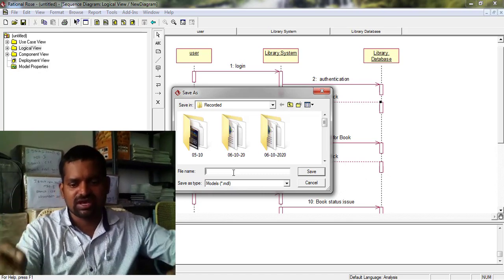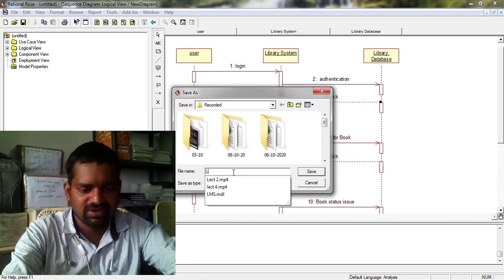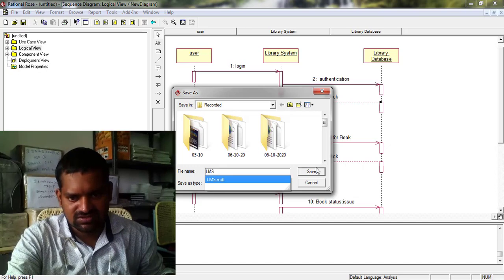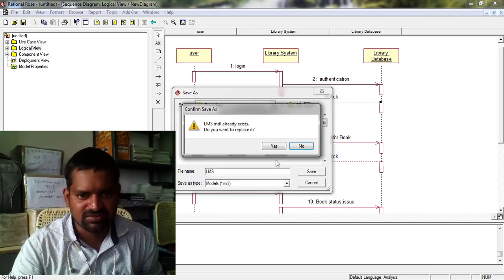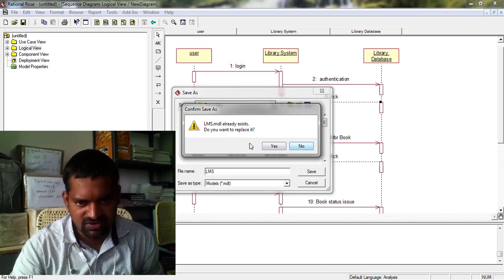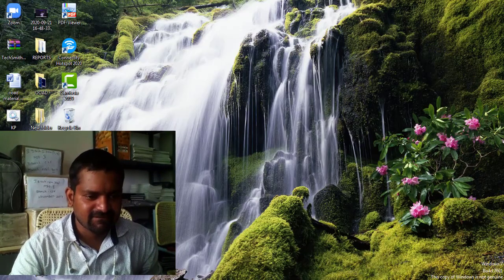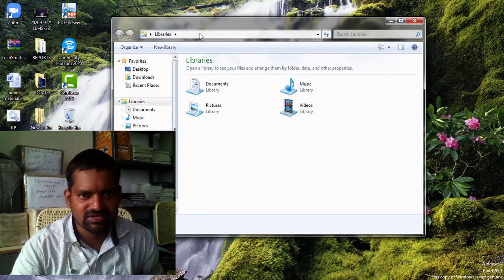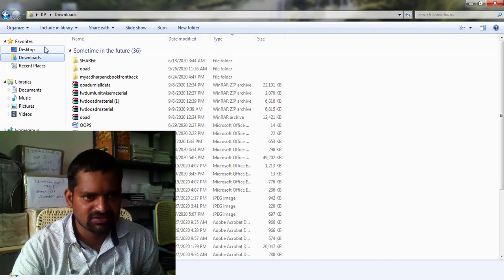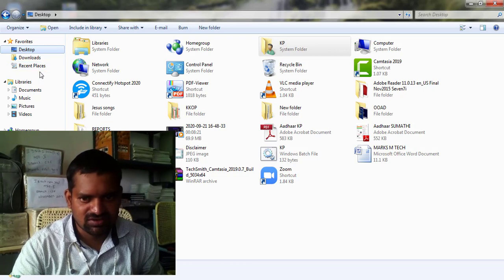So LMS, or simply library management system. Save as library management system. The LMS model already exists; if you want to replace it, yes, I replace it. Go to where I saved, the documents, desktop, where the LMS system is.